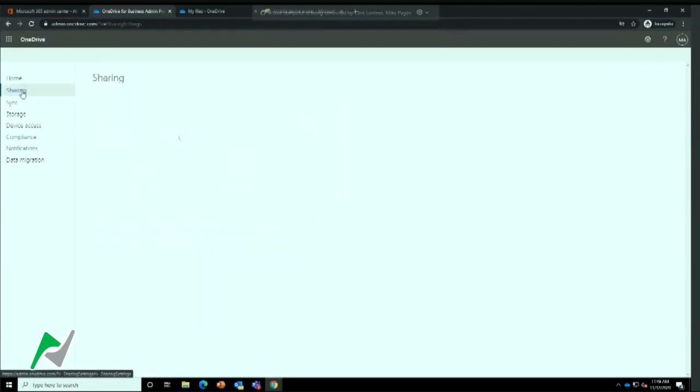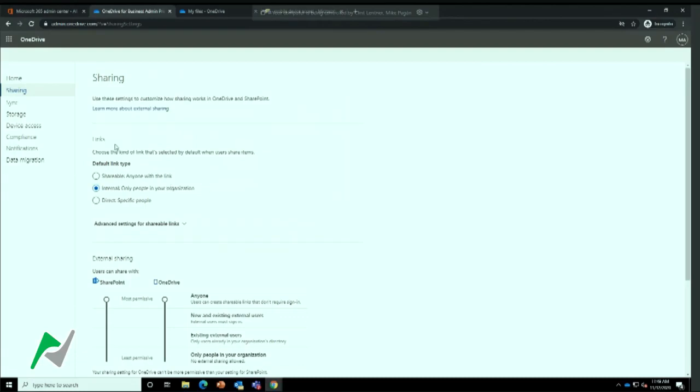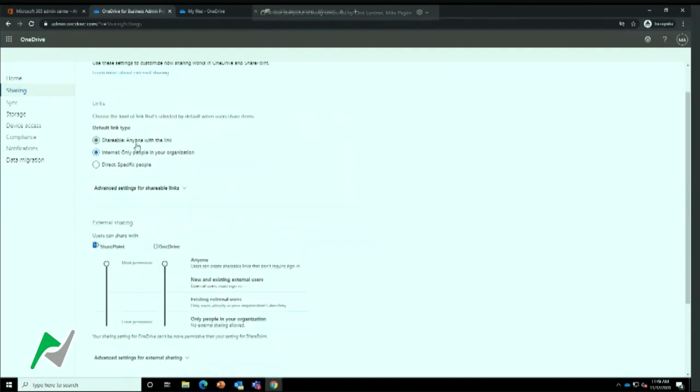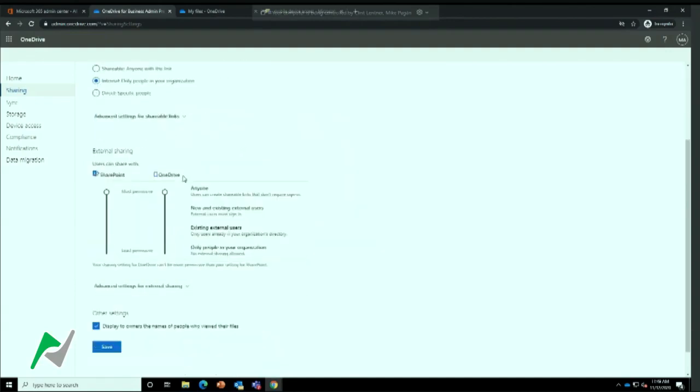So if we choose sharing, remember I had talked about you can set the defaults. So here is where you can set your default. By default, it's set to anyone with the link. I don't want that. I want internal only people by default, so my users don't accidentally click sending anybody a link. And here I can also reduce my sharing permissions. I want only people in my organization to be able to share their content with other people in the organization, or potentially I have